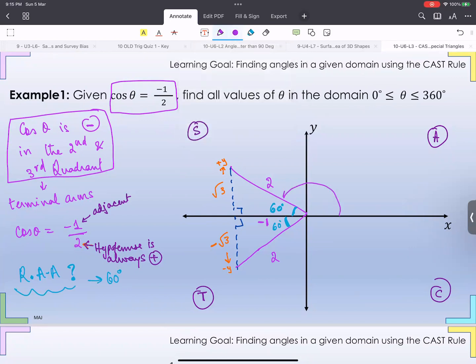From here to here is one solution. I'm going to call it theta1. And from here to here is my second solution. It has to hit the terminal arm. I'm going to call that theta2. Okay. The first possible solution is